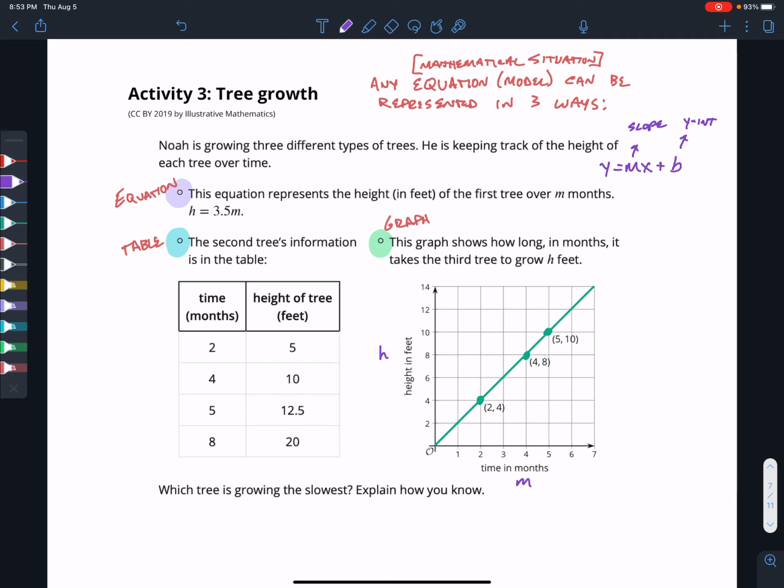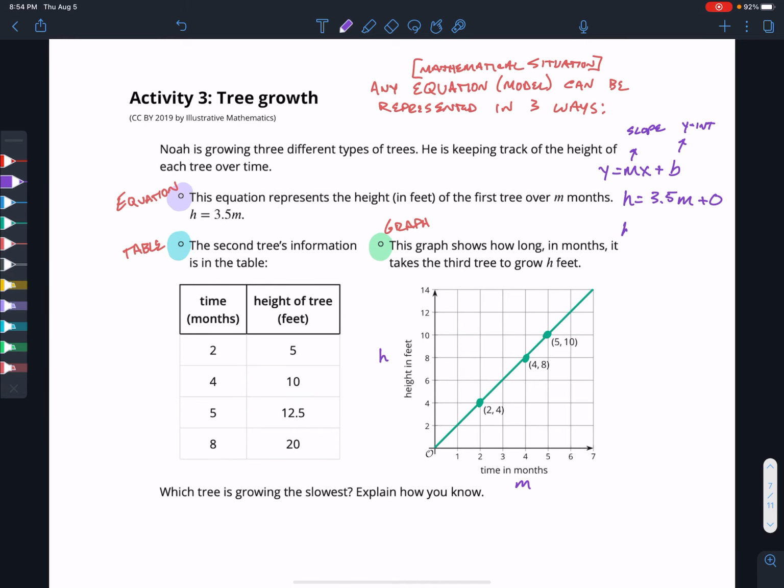So if we've got an equation h equals 3.5m, that's really saying the same thing as 3.5m plus 0. So we've got no y-intercept. So that means it's going to start down here at the origin. And we're going up 3.5 for every 1 month, we're going up 3.5 feet. And I know that because if I do what is the height when m is 1, I've got 3.5 times 1, which is